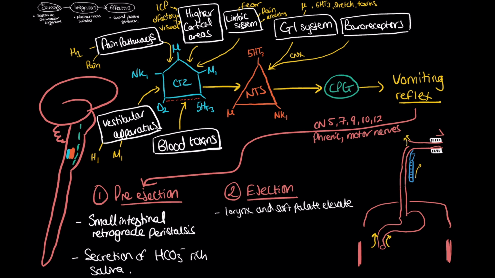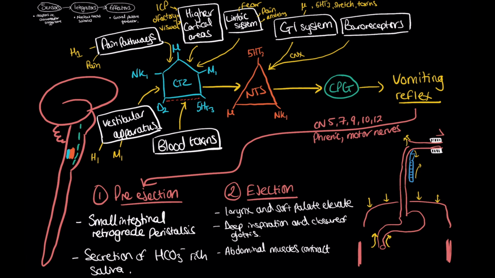First, the larynx and the soft palate are raised to protect the airway. After a deep inspiration, the glottis closes, and then the diaphragm and abdominal muscles contract forcefully. This creates a huge spike in the intra-abdominal pressure. This pressure squeezes the stomach, and whilst the lower esophageal sphincter and the upper esophageal sphincter relax, this allows the contents to be expelled. The parasympathetic nervous system plays a major role in facilitating this whole process, specifically the vagus